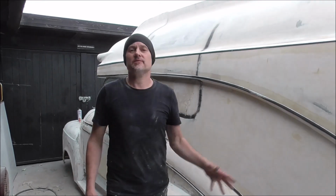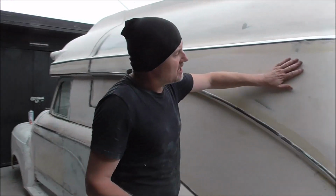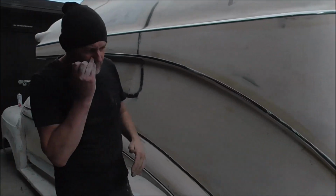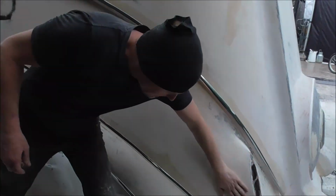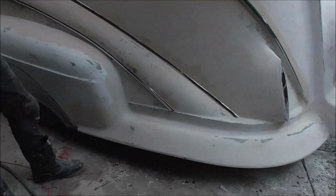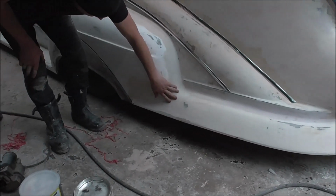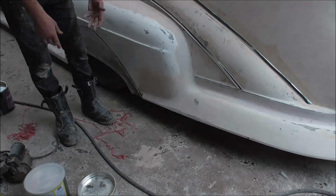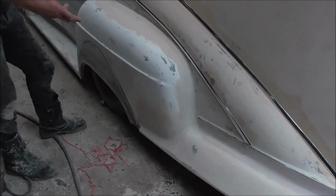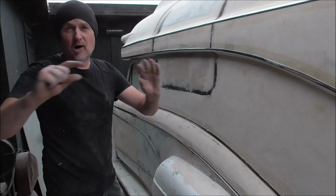In contrast to what I've been doing on the other side, this side is getting a lot closer to the mark. We've got a lot of quite nicely smooth, few high spots and stuff just to block out, but this is all looking pretty good. The light now is really sort of flared in nicely, and the bumper's looking really good as well. And I did worry a little bit if bringing this up to here would look a bit odd, but I think it brings a nice continuity to the design, and it brings just a lovely bottom line to the